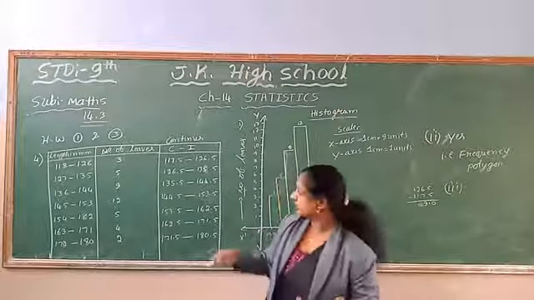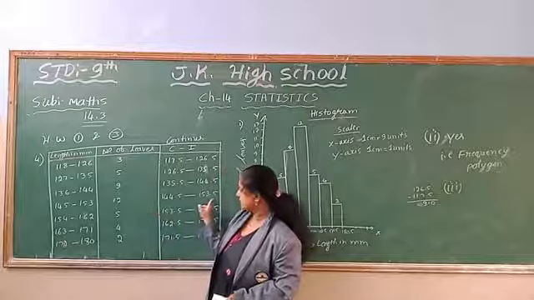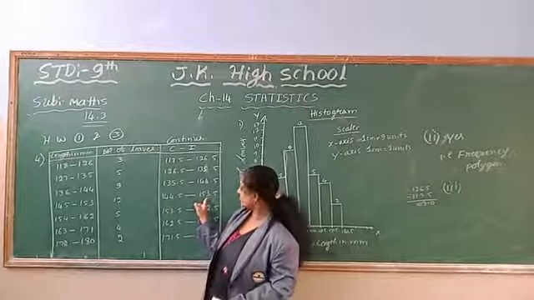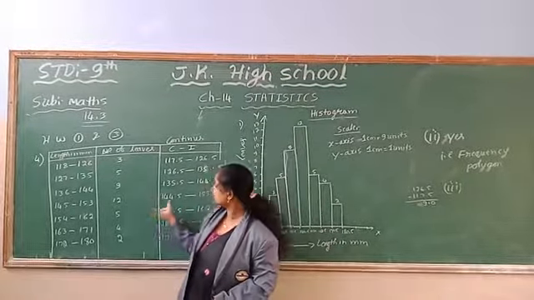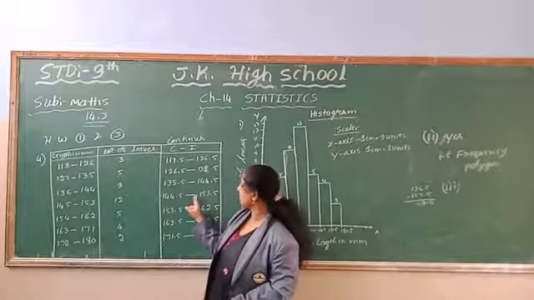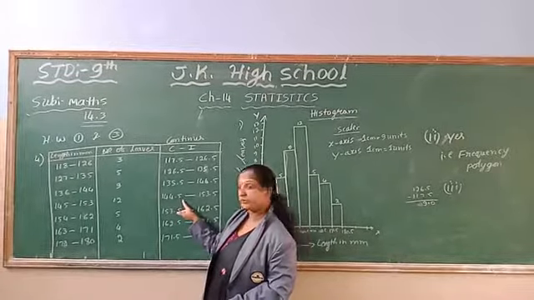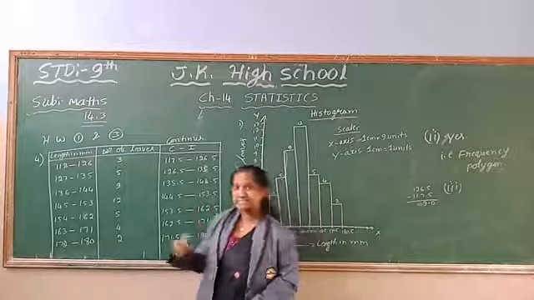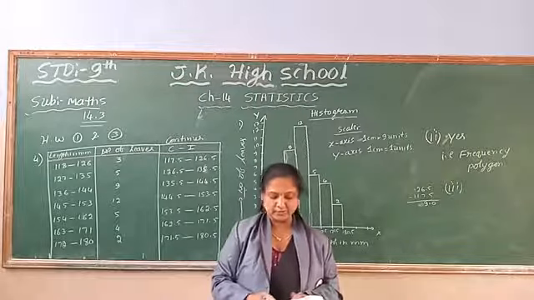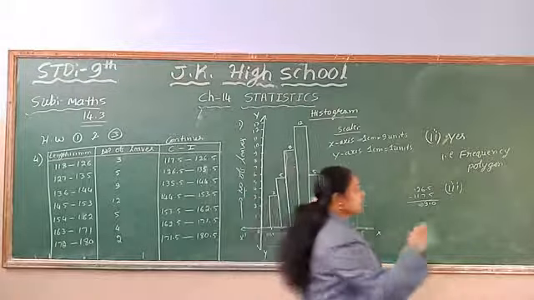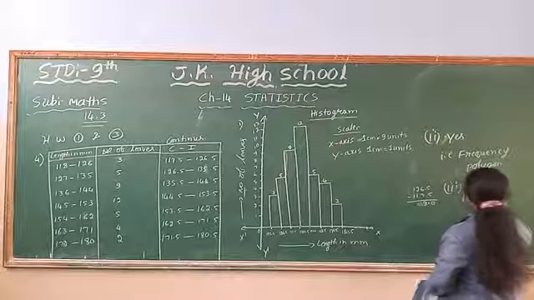of leaves are 153 millimeter? See, you observe here that the number of leaves is maximum in this class interval. You observe this class interval now. We can't say all 12 leaves are 153 millimeter only, because these leaves' lengths are in between the class interval 144.5 to 153.5. So some leaves may have the length 144.5, 145, 146, like that. It may change. So this is not correct. Is it correct to conclude this? No. It is not correct.